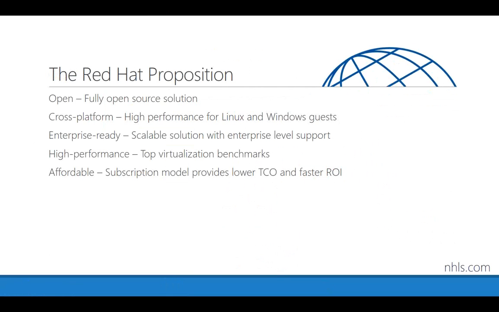Red Hat is fully subscription based in their model. What that really means for somebody purchasing the product is that there's a lot of upfront cost with VMware. In the cost analysis from Red Hat, asterisk, you're looking at probably 4 to 1 in terms of the cost for the VMware solution versus the Red Hat solution in the first year, and that's because of the initial cost of the product, whereas Red Hat goes right into the subscription model. And then in the future years, the cost comparison is much closer. Red Hat positions itself to be at about 80% of the cost of VMware going forward after that